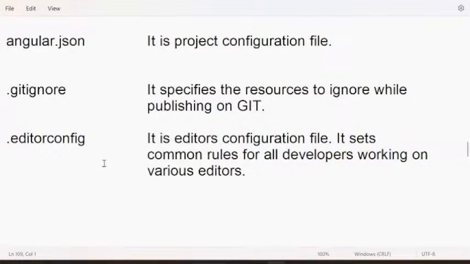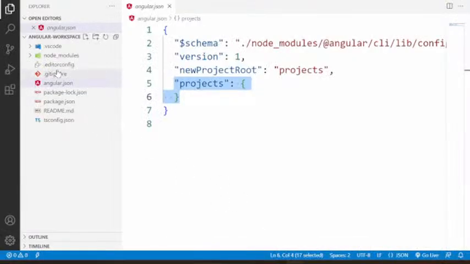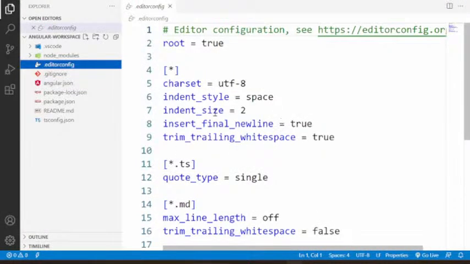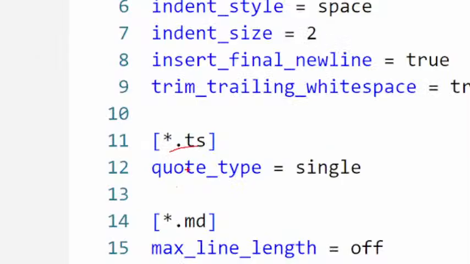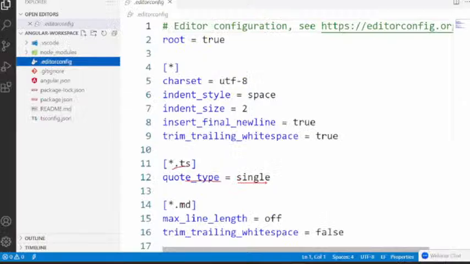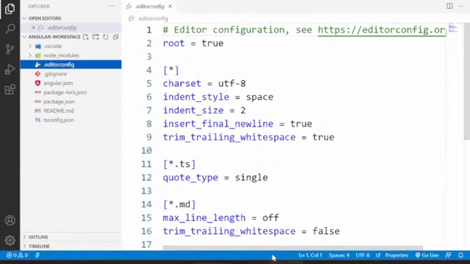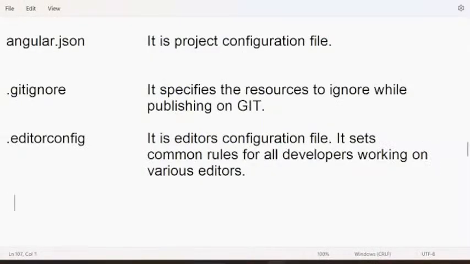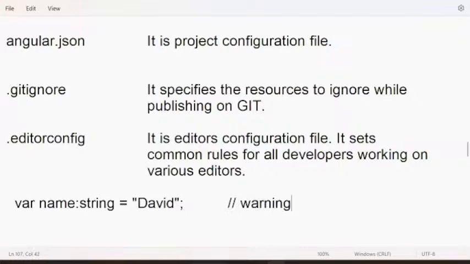TypeScript related rules, similarly editor related rules will also be there. When you go to editor config, you can see the editor rules are here. You see it is saying that in TypeScript, quote type must be single quote. That means if anybody writes like this, where some name is of type string, and you entered some name, then automatically it will show a warning.